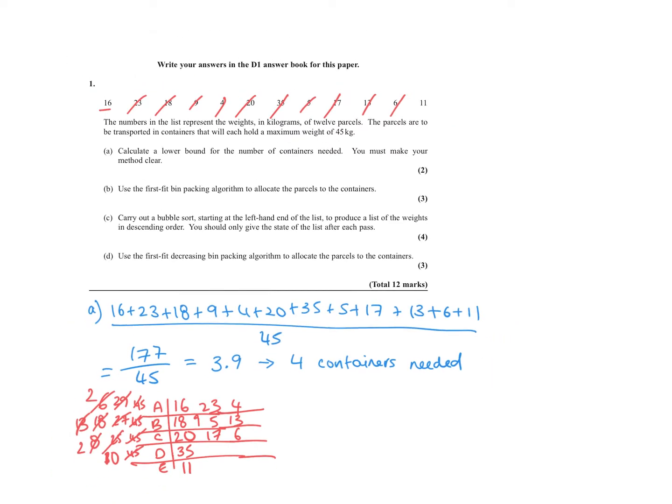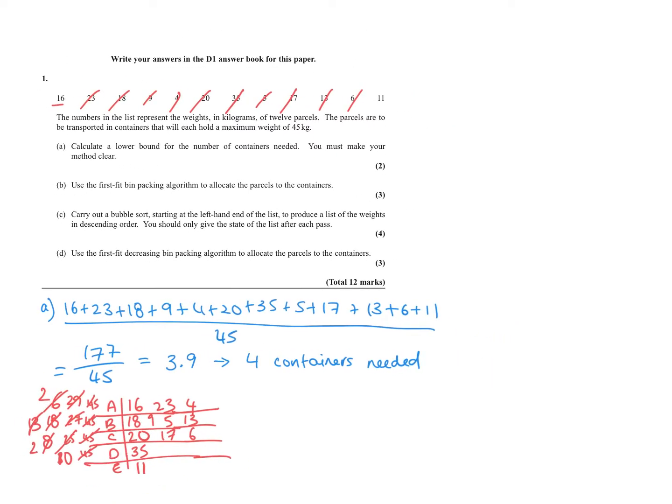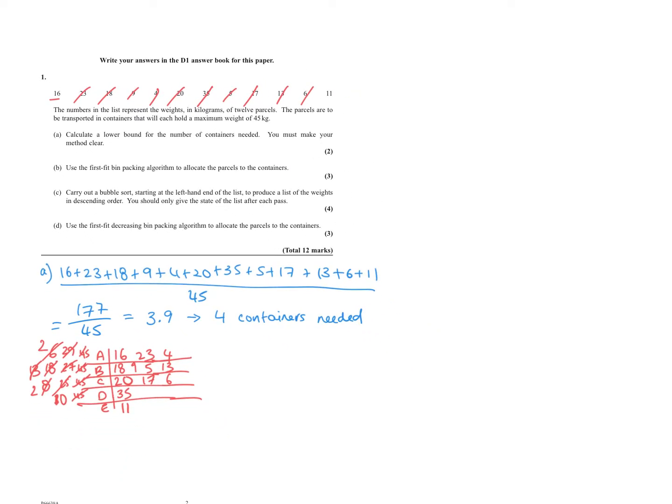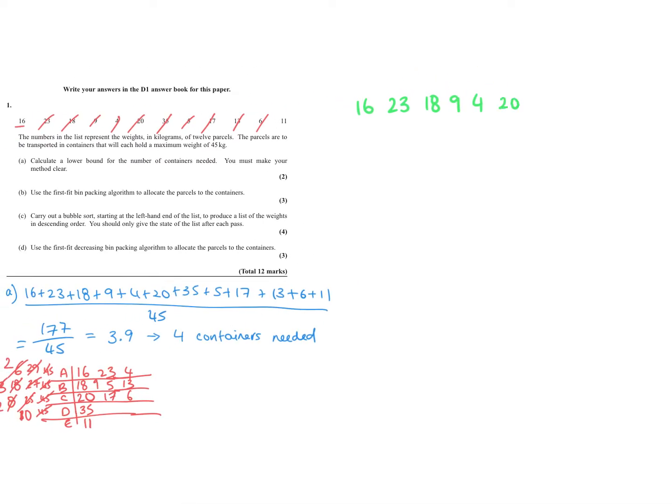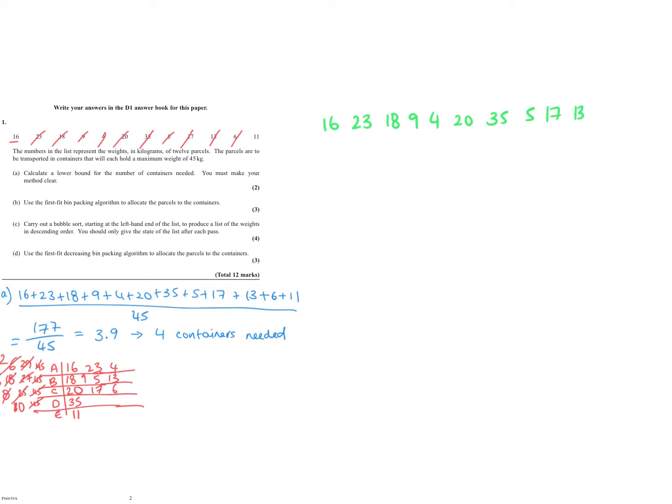Okay? Right. Then part C says, carry out a bubble sort starting at the left-hand side of the list. It wants it in descending order. What does descending mean, first of all? Biggest to smallest. Okay, so step 1, we're going to write the list out. 16, 23, 18, 9, 4, 20, 35, 5, 17, 13, 6, 11. Now, guys, if you don't have 7 passes, you don't get the